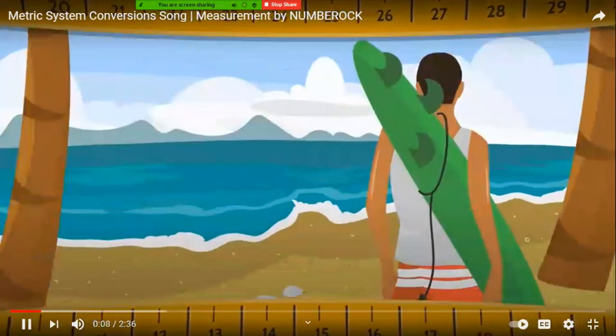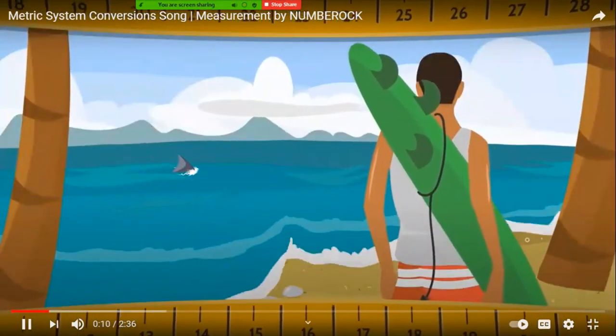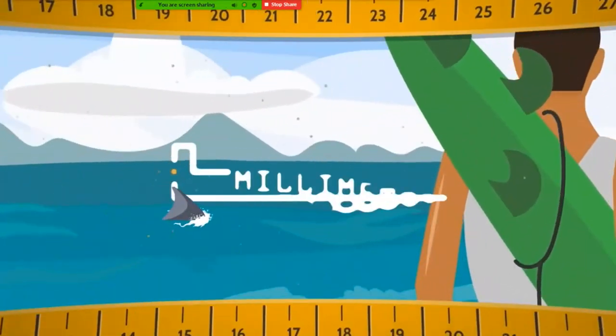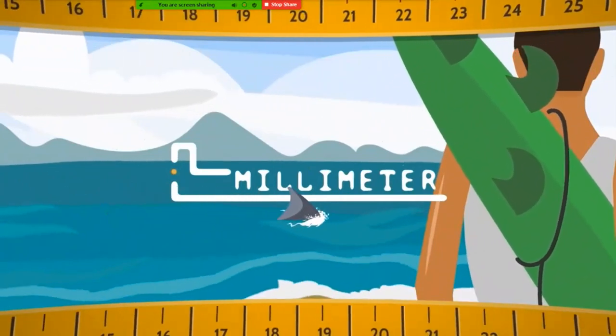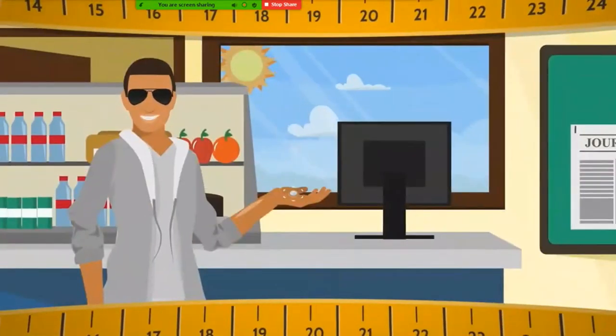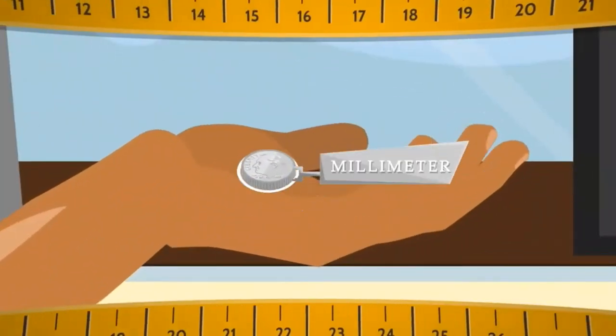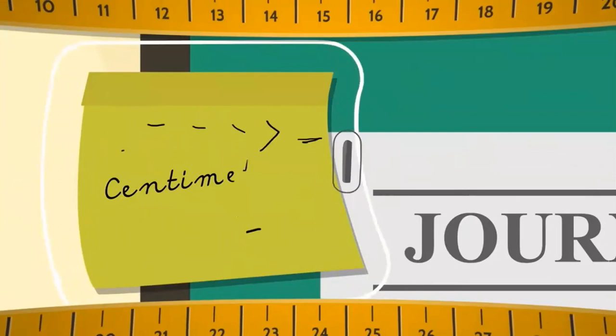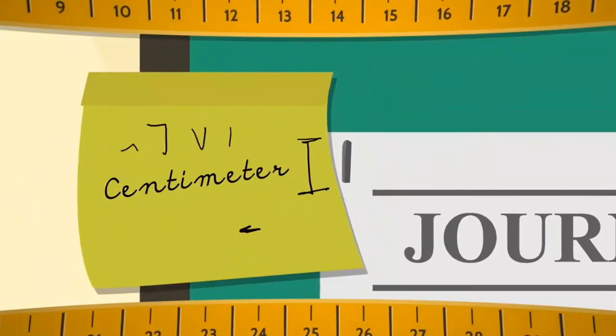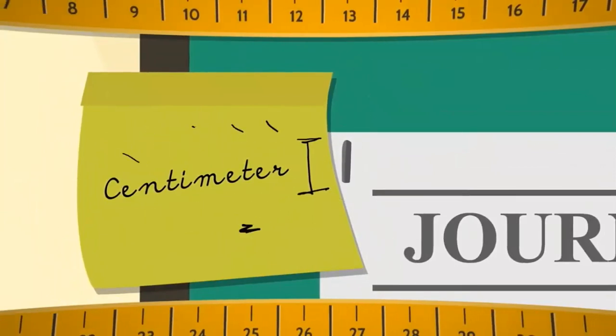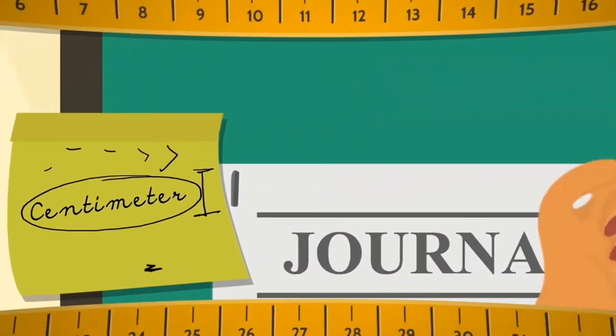A millimeter you can understand is about as long as a grain of sand. When you buy food at lunchtime, it's about the thickness of a dime. A staple from side to side is about a centimeter wide. A fingernail